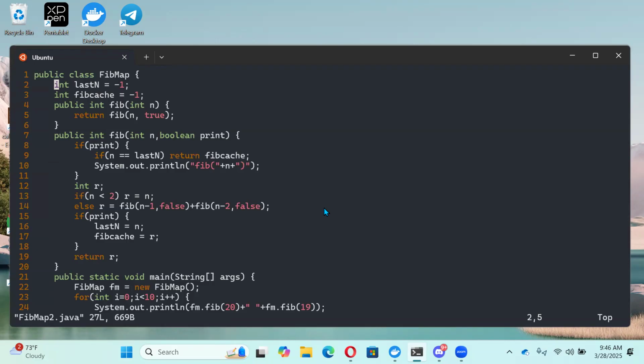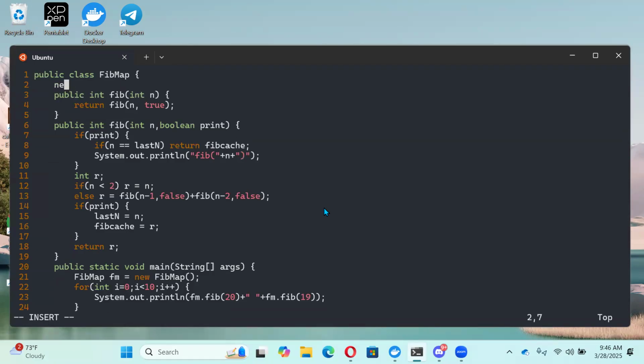So what I could do is say new int cache equal new int 100, right? And then I could say if